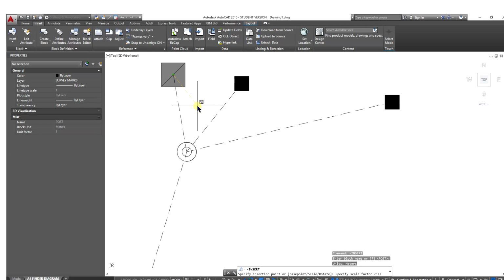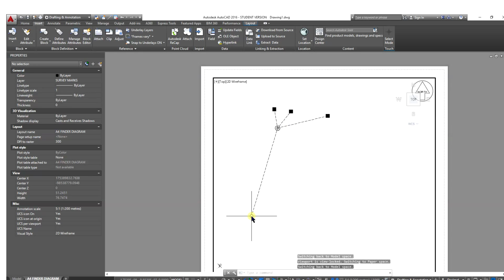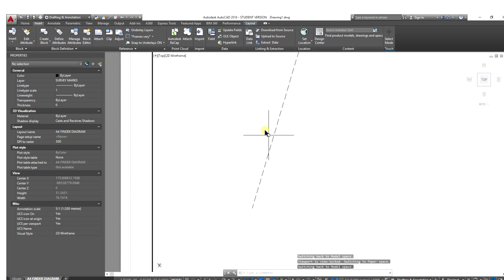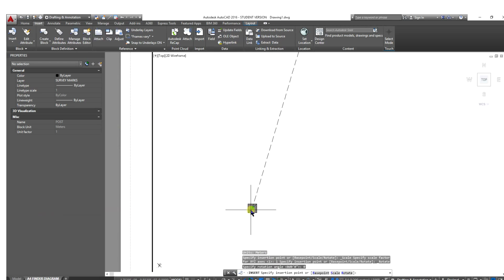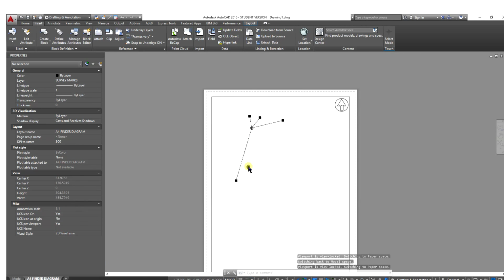Oh, it's wanting scale factor 1, rotation 0, like so. And then we've got one more to go here. It's probably easier just to go insert, post. You can actually copy them as well, and that's gone there. So there now we have our posts,